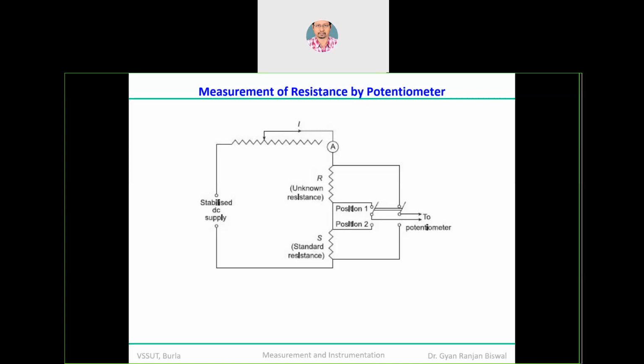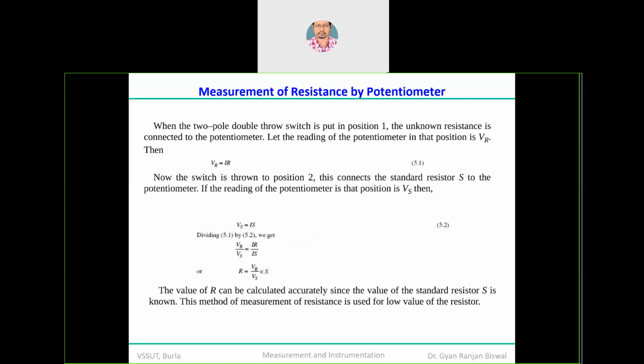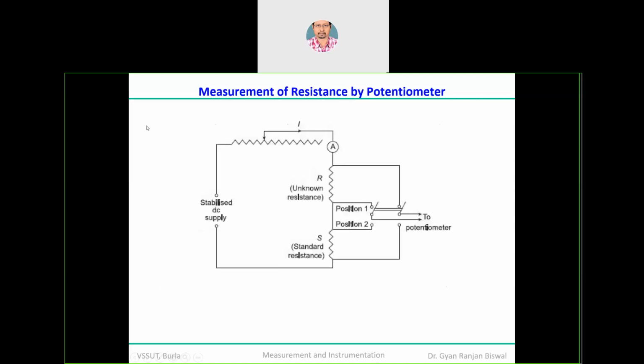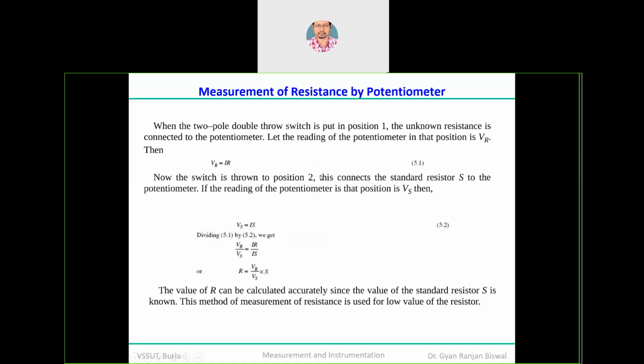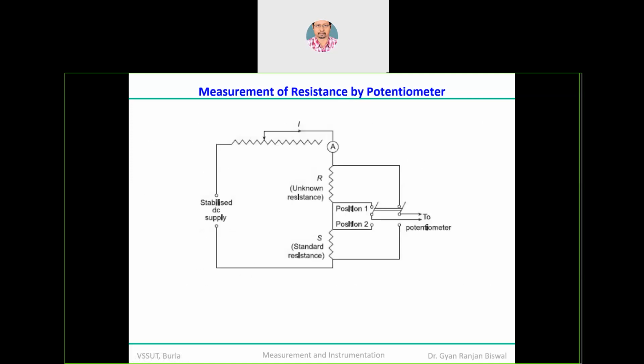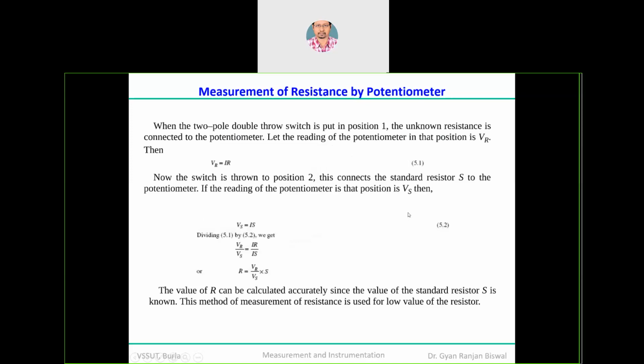And then the standard cell resistance is already known to you, and the unknown resistance is under measurement. If you are able to calculate the potential drop across the unknown resistance, which is a fraction of the total resistance, you will be able to calculate that ratio. So the voltage across that particular resistance, VR, you are supposed to calculate. This VR is equal to I into R. I is already known to you from here, and R is under measurement. This V is already known to you, so VR you can calculate.